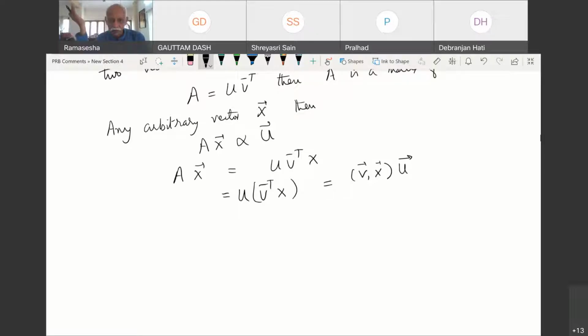Sir, could you explain what inner product is? I'm getting confused. What is inner product? Okay. Inner product V comma x is, if I give you two vectors, V equal to v1, v2, up to vn, and x equal to x1,